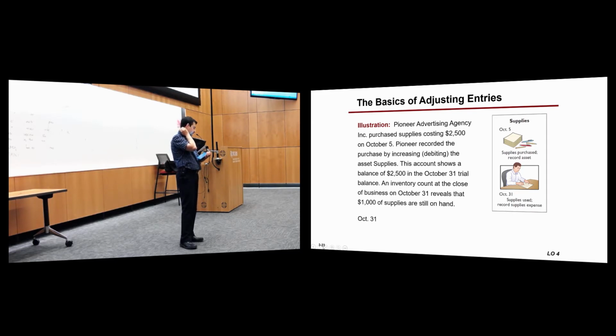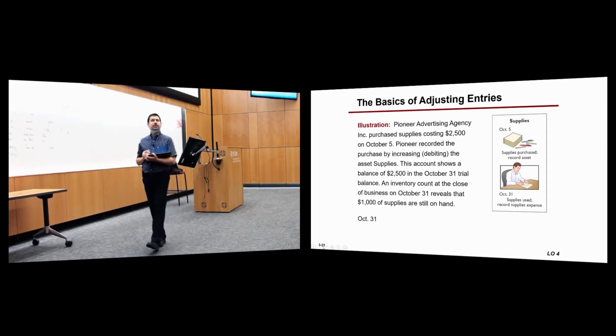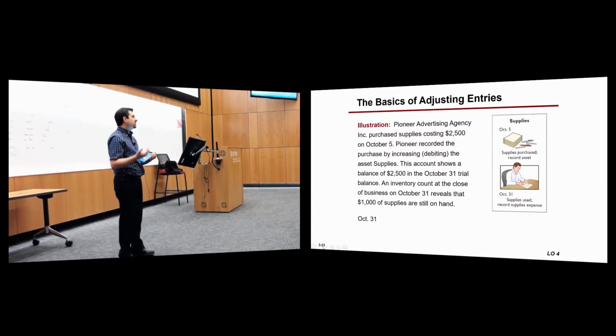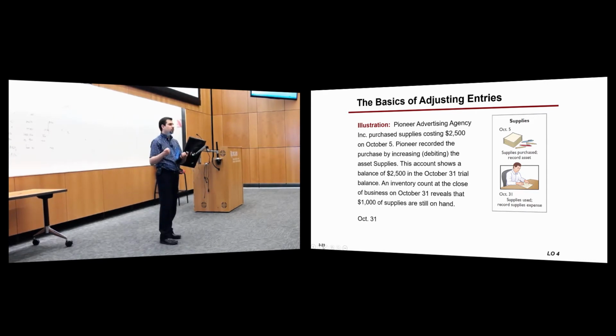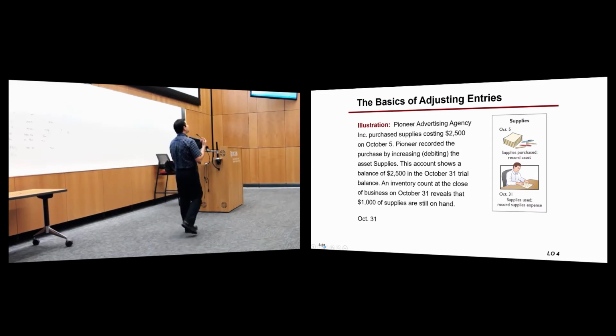Usually the way this is done, it doesn't make any sense to make daily adjustments. It's not like every time you use a pencil, you're going to make a journal entry that says, okay, so you took a pencil, right? Do you think that this is efficient for companies to do? No. So what they do is, at the end of the month, they will go and they will count